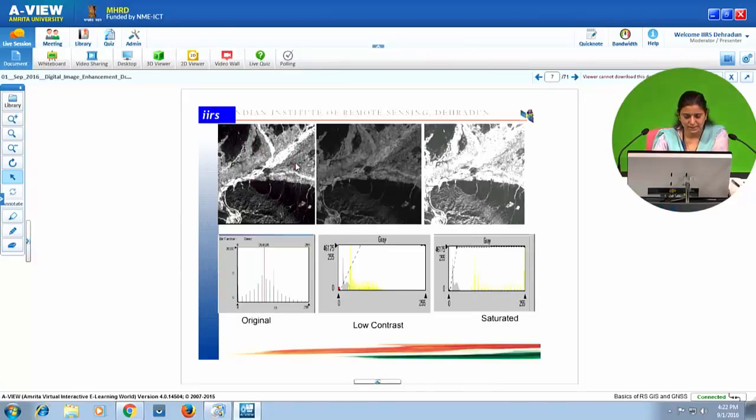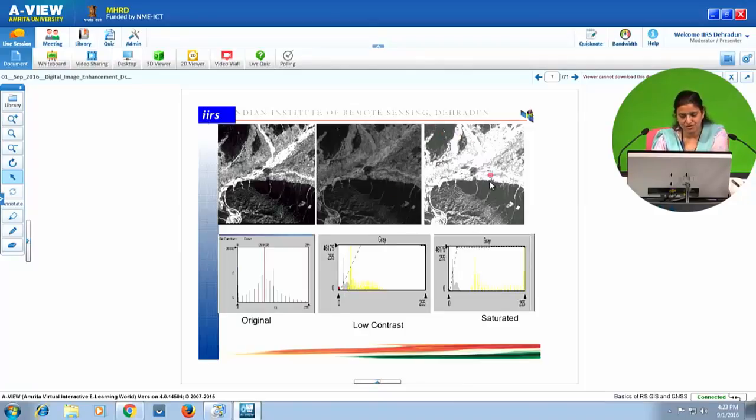You can see here, this is the original image with the histogram which is occupying all the values between 0 to 255. This is an image with low contrast in which the values are concentrated in the dark part of the histogram. That means in general the values of the digital numbers of the pixels are low.